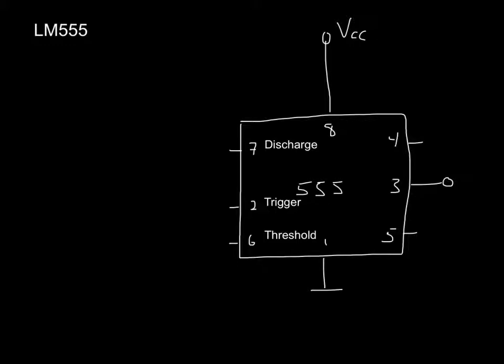Another circuit that we should talk about is the LM555 timer chip, and 555 is an 8-pin chip, and as usual with these things, pin 1 is connected to VEE, which we'll take to be ground. Pin 8 is the power pin to determine the voltage. And the important thing about the 555 is the trigger and the threshold pins. Those are input pins, and when the voltage at the trigger goes below 1/3 of VCC,